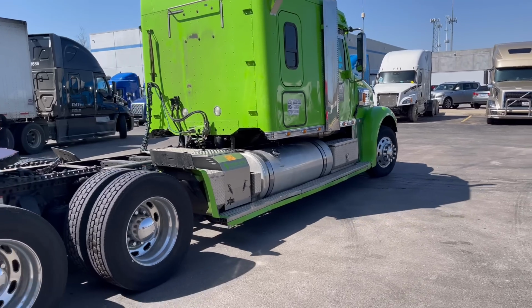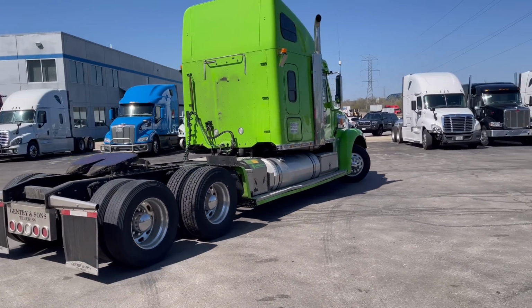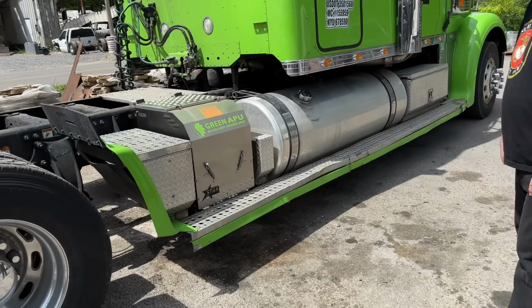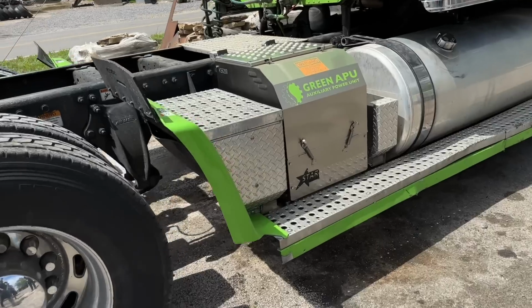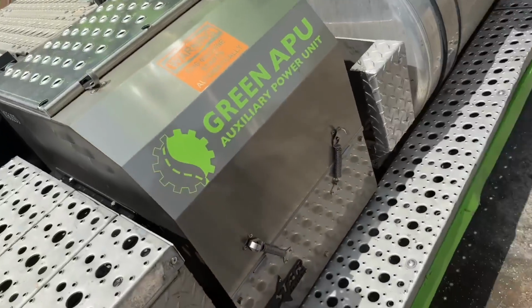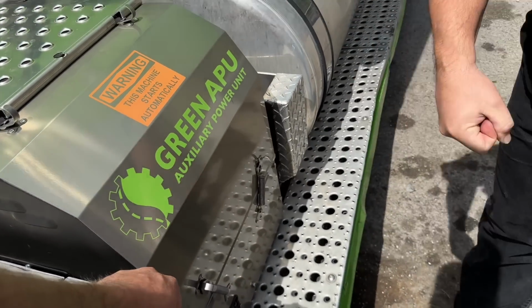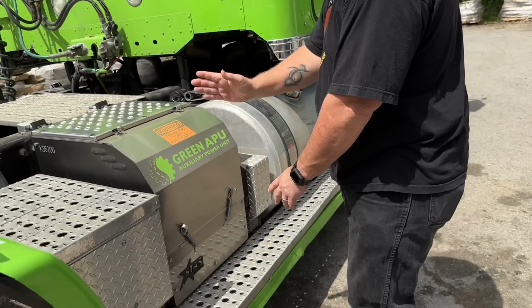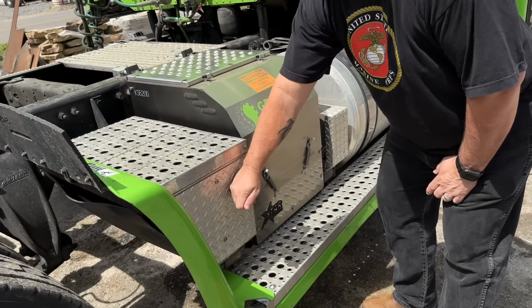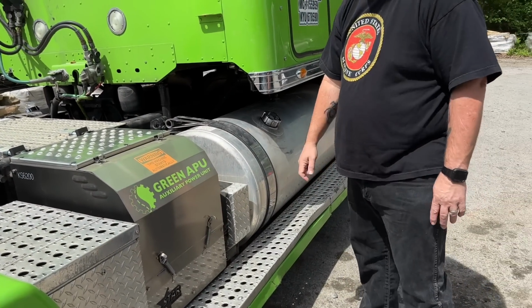That thing looks good. Oh wow, they did do a magnificent job doing that. Holy crap. They put a step up there. He explains it in the video what they did. Remember, it had that door? Yeah. They took the door, put the right side of the door here. This is the right side of the door. This is the left side of the door. So they just fixed it all up to...